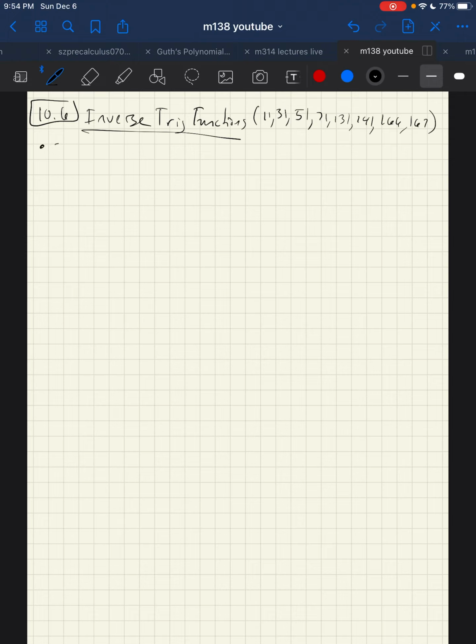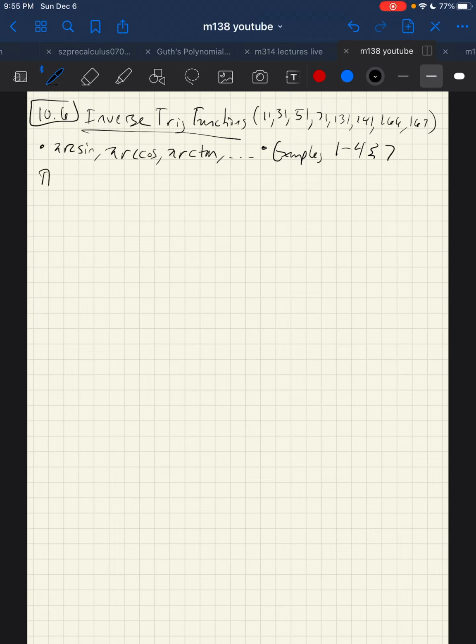The main topics are arcsine, arccosine, and arctangent, although we also have the inverse functions for secant, cosecant, and cotangent. I'd like you to look at examples 1 through 4 and 7 in the book. Okay, so diving right in,